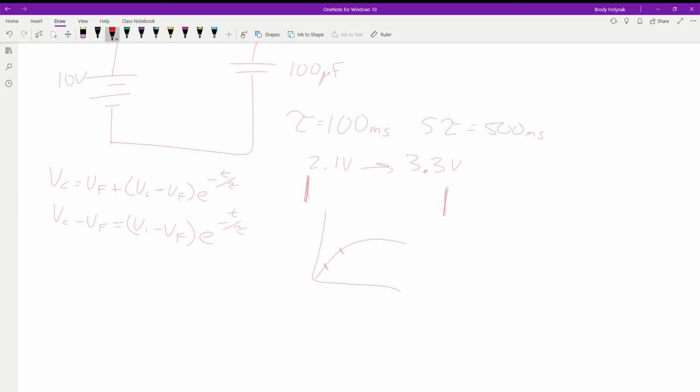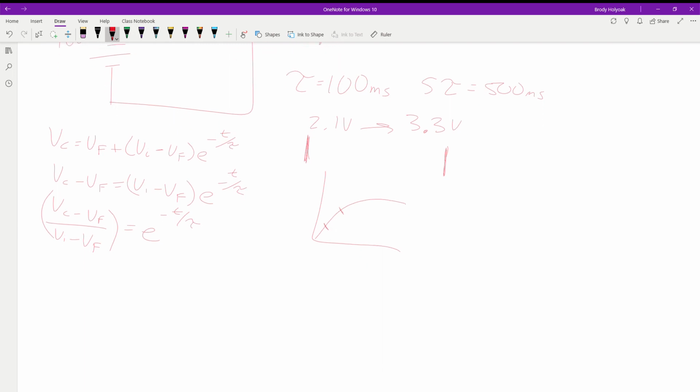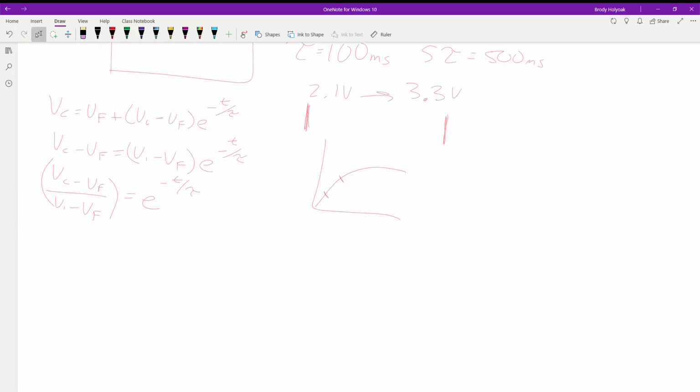We divide both sides. We get (V_capacitor − V_final) divided by (V_initial − V_final) is equal to e to the negative t over tau. Now is when we apply the natural log to be able to get access to that exponent. So the natural log of (capacitor voltage minus the final) over (V_initial minus V_final) is equal to negative t over tau